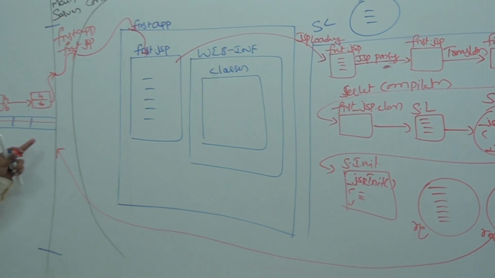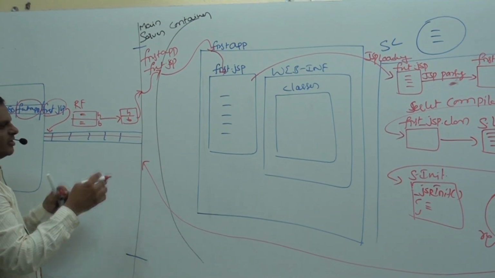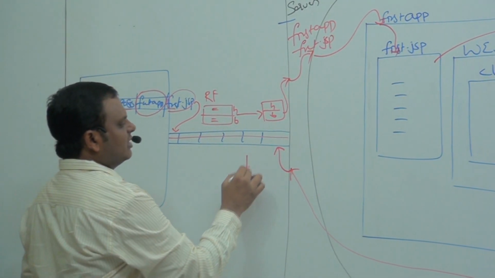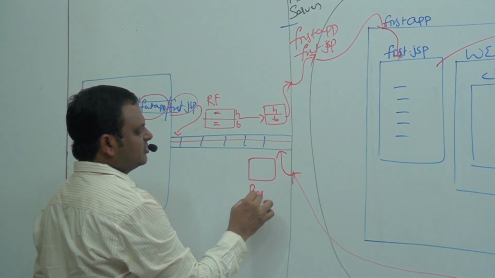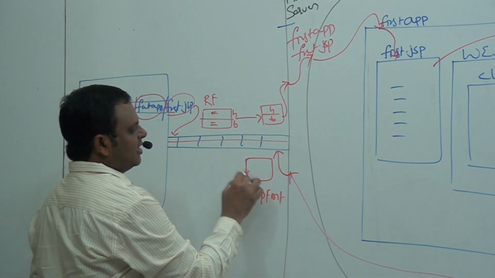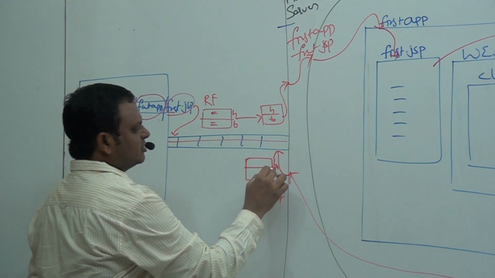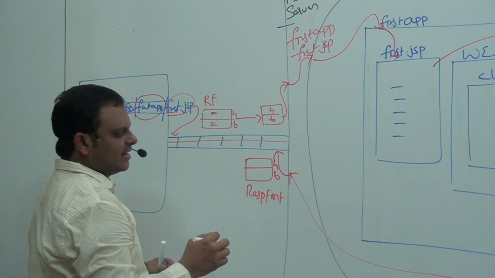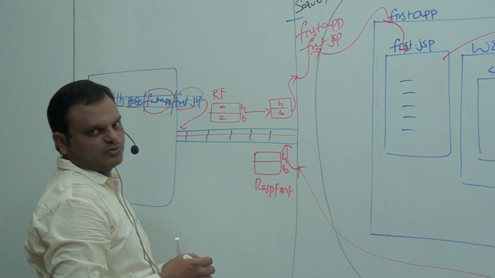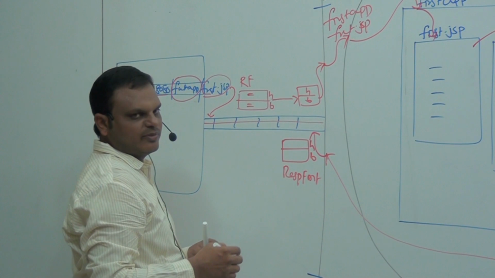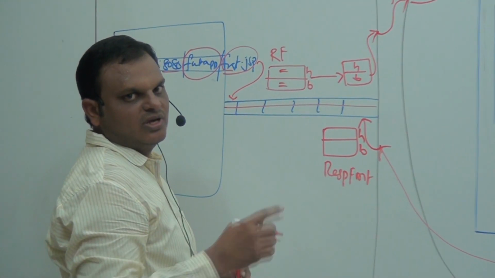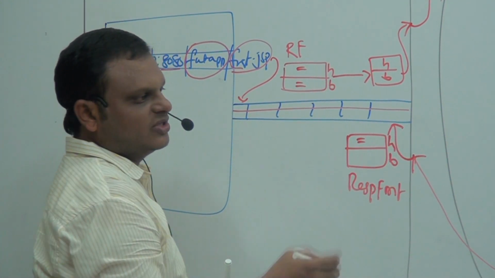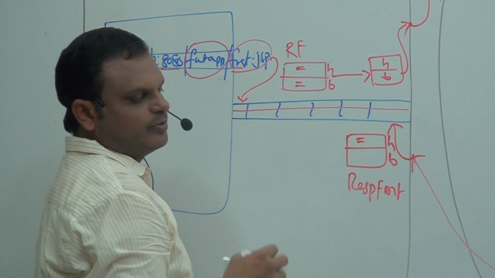Now that response will be given to the web server, which will format that response and give it to the protocol. Now the protocol will prepare the response format. In the response format, again two parts are available: a header part and a body part. The response format header part is able to manage metadata about our response. That means which type of response is coming, what is the content type of the response. All these details are going to be managed in the header part. The body part will manage the actual dynamic response that we prepared.